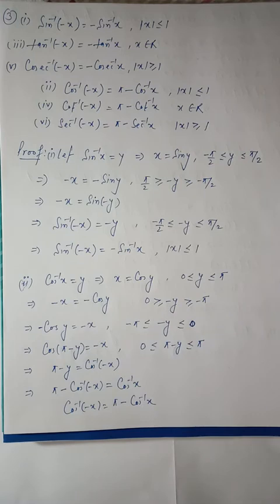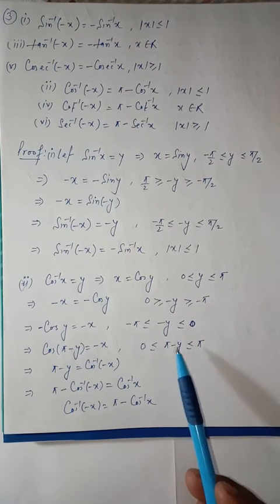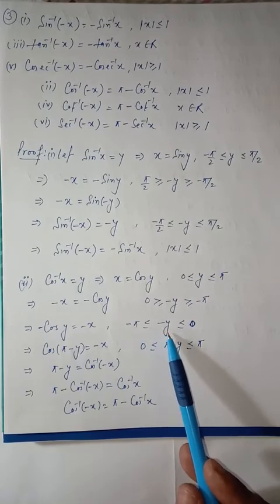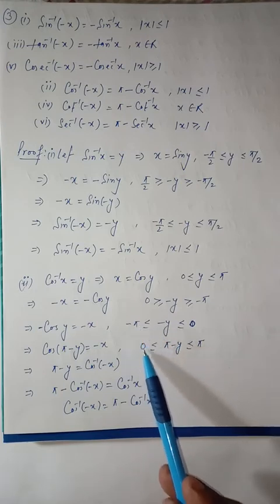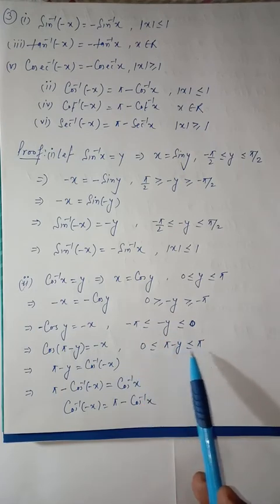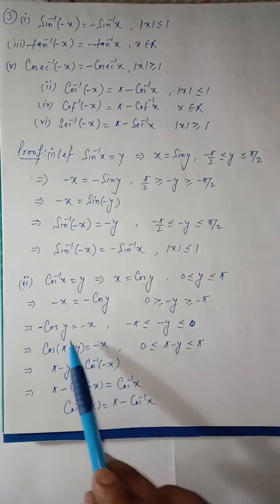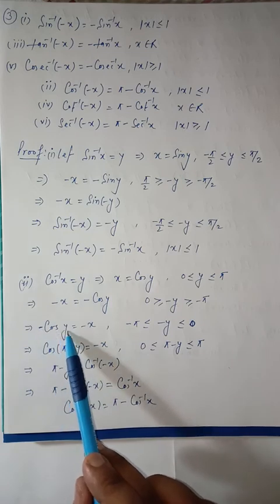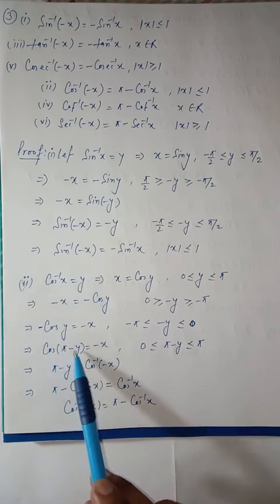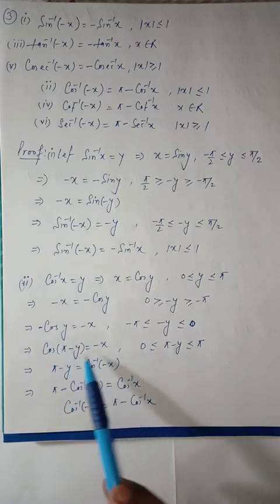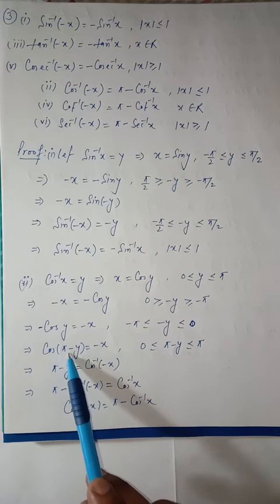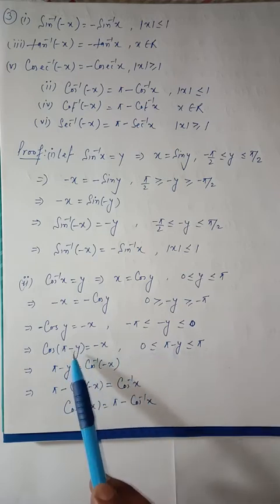So when it is minus pi to 0, what will happen? Why am I doing this? Actually, we have to check where these values will lie. When we add pi on both sides, it becomes 0 and it becomes pi. So this pi minus y will be between 0 to pi. Why am I saying this? Because this minus cos of theta can be written as cos of 180 minus theta. And still it is under this range, because for the existence of this cos, this value must be from 0 to pi, which is correct.